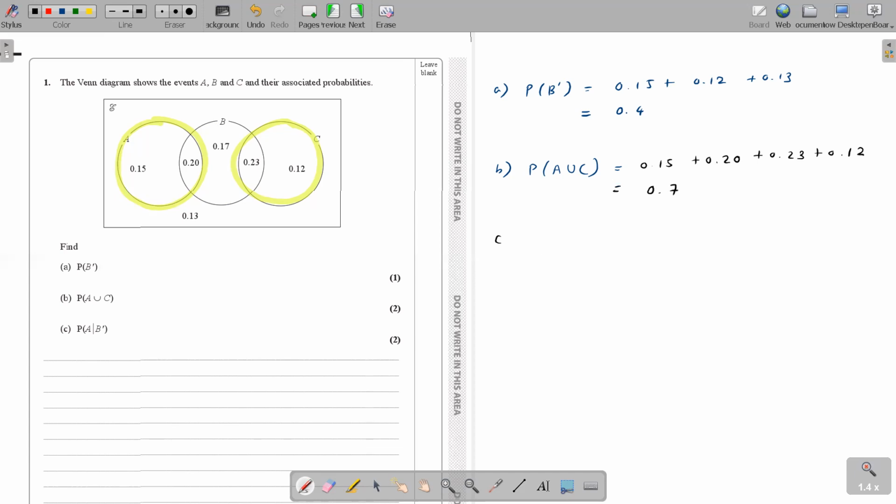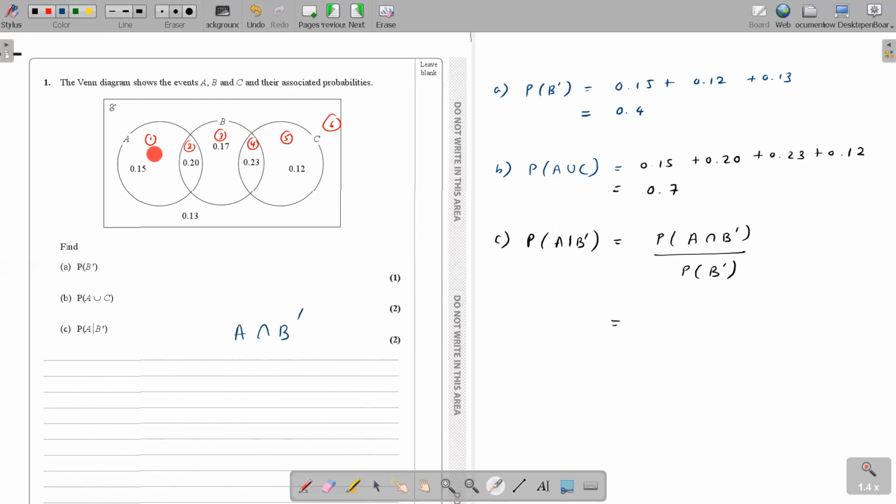Okay. See, probability A given B dash. First you have to open the brackets here, conditional probability. So probability A intersection B dash divided by probability of B dash. So let me put my regions because I normally like to put these regions, then it's easy for me to ask questions from you guys. A intersection B dash. So what are the regions that come for A intersection B dash?